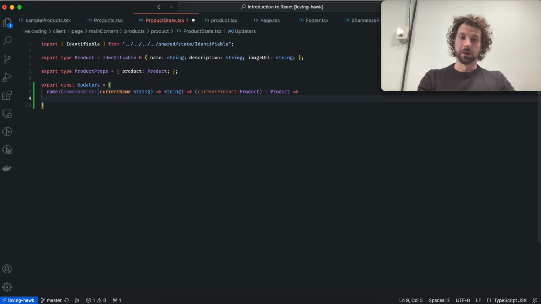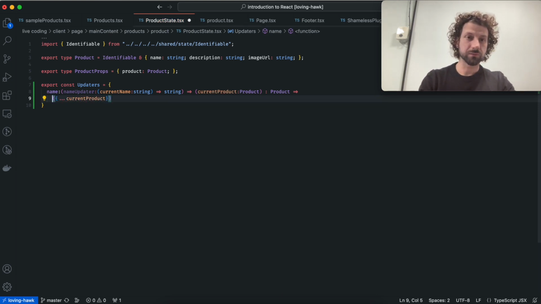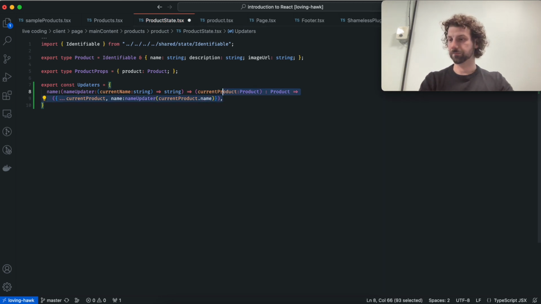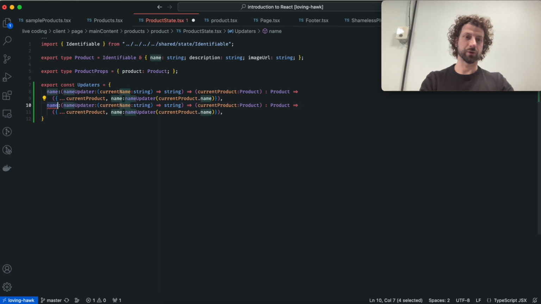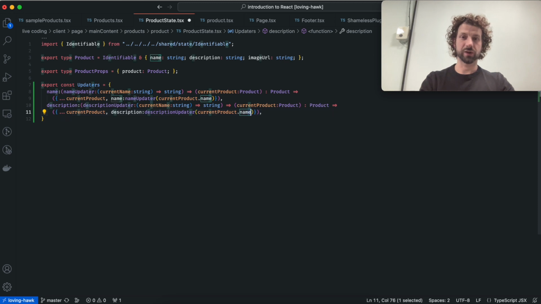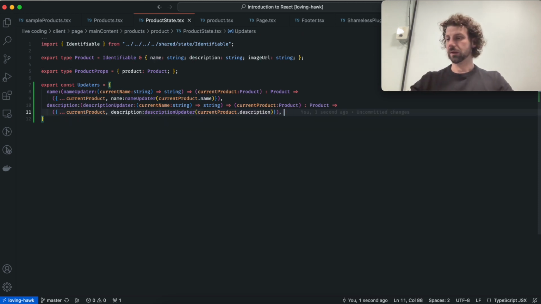Now, we take as input the current product, because most of it doesn't change. And on top of this current product, the name becomes the name updater applied to the current product dot name. Let's also allow the description to be changed for now. So description, well, this is of course the description updater. We change the description. Now, this is kind of a mouthful, but